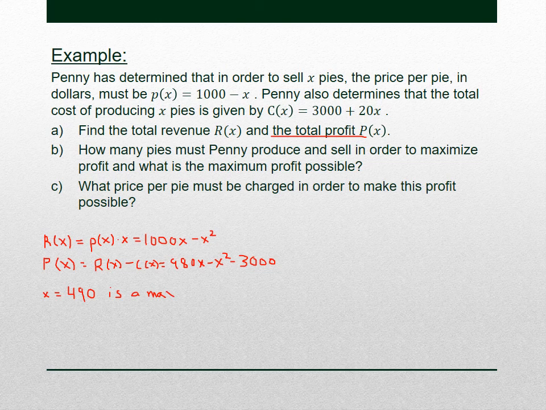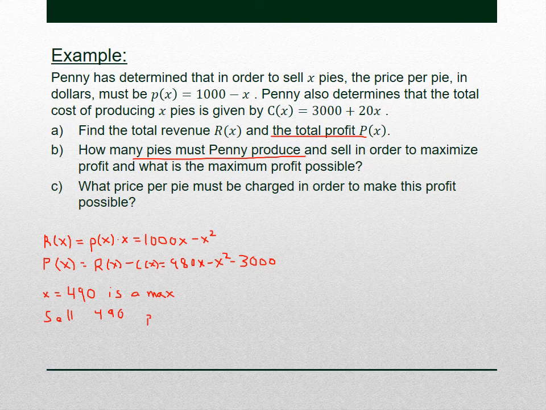When you do all of that work, you get x equals 490 is a maximum. So one more time, if you just write this on a quiz or an exam, that's not enough work. I'm assuming you guys did all that behind the scenes, but I wanted you to do that on your own. So when you get this 490 and you check that it's a maximum, well, that's exactly how many pies Penny must produce and sell. So x equals 490, that's how many pies. So sell 490 pies